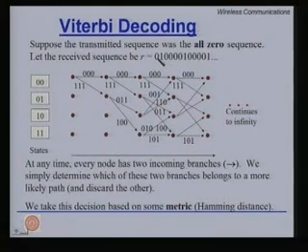So, if you go back, you see 0, 1, 0. Since there are 3 bits written on every branch, it implies that n naught is 3, and 2 branches come out from every node, so k naught is 1. So, it is a 1 by 3 encoder that we are talking about. For this one, if you look at the metric between the first 3 bits, because we will take 3 bits at a time, the distance between the first branch and the first 3 bits received is 1, whereas between the other branch and the first 3 bits it is 2. So, my metric for the first 2 cases will be 1 and 2.